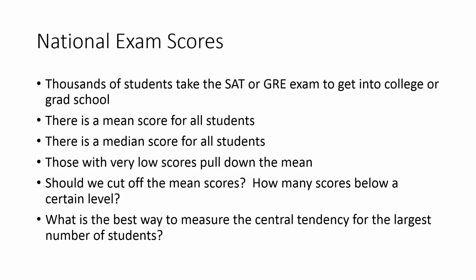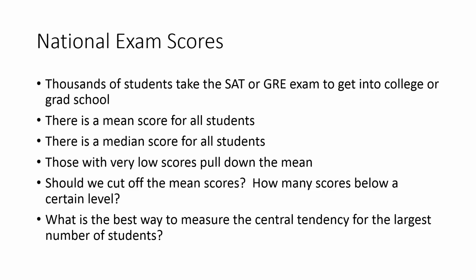There's also a median score for all students. And it's interesting to look at the mean compared to the median score because that will tell you the impact of your outliers. Some of those students maybe bomb their exams and have very low scores, and that's pulling down the mean. So if we want to analyze the average GRE or SAT score, do we want to include those really low scores, since that's going to separate the mean from the median and pull things down? Or do we want to hack off the lower quartile, the lower 25%,